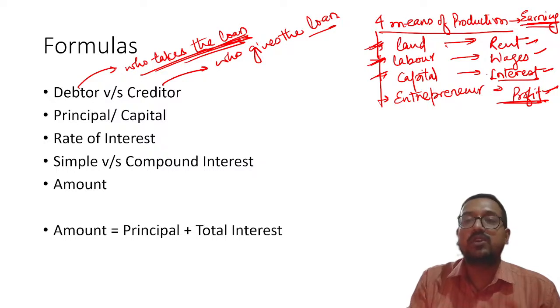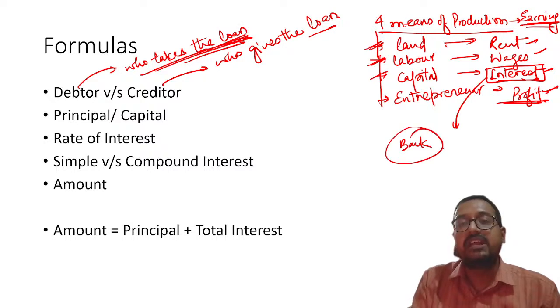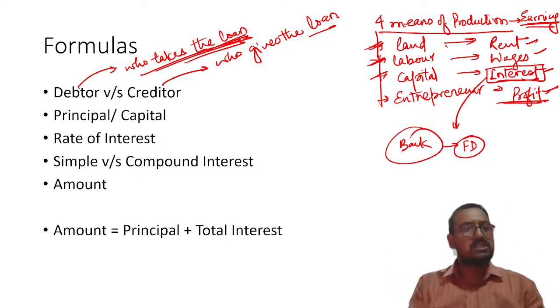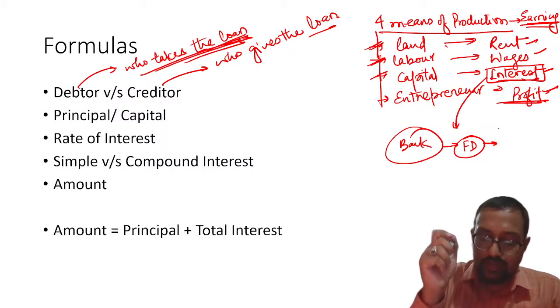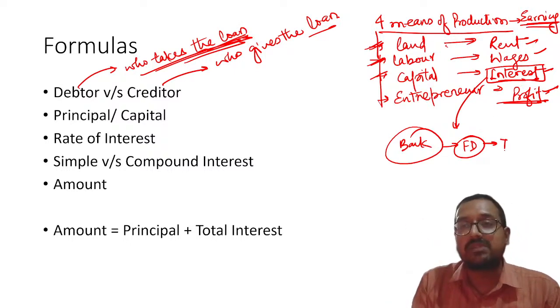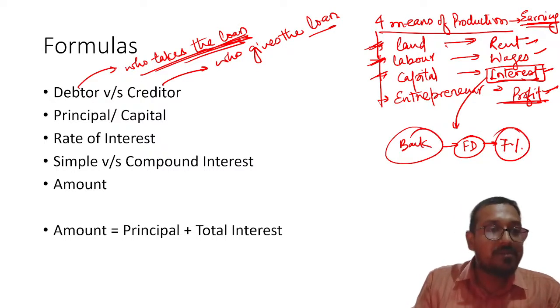In capital, suppose you go to a bank and get an FD done, FD for long term, let us say 2 years, 3 years, then you will realize one thing: the FD rate which will be displayed to you will be something like, let us say, 7%, but it will not be